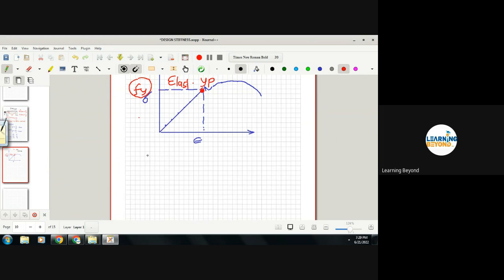Generally, design stress is the yield stress Fy divided by the factor of safety. This should not be written like this; let's write something different. So design stress